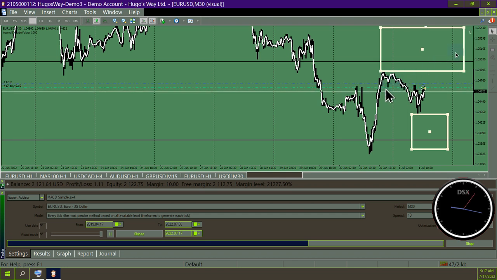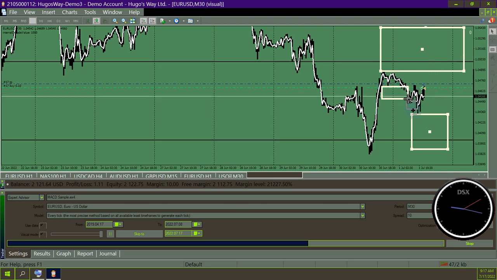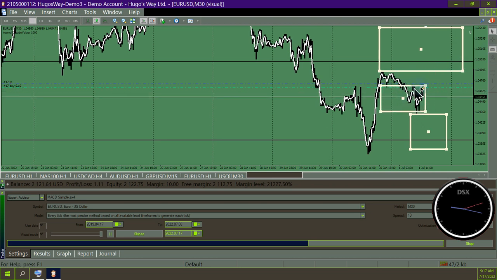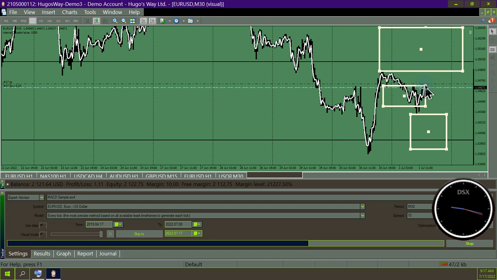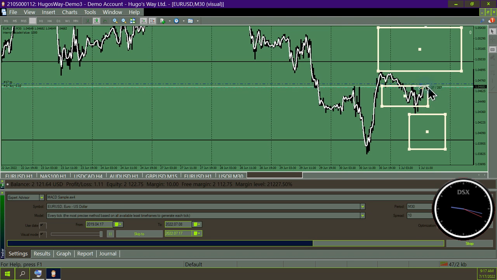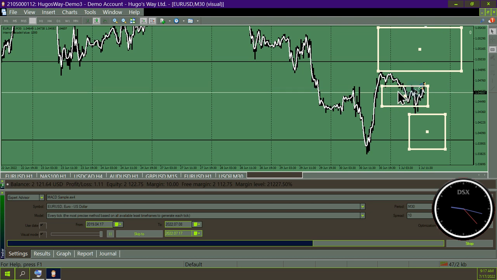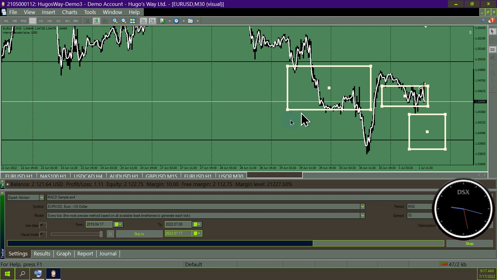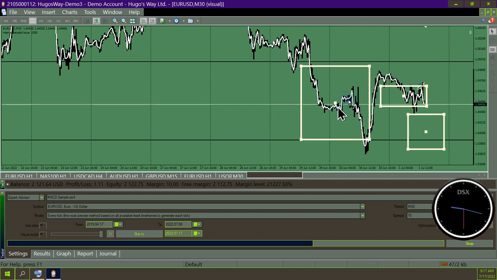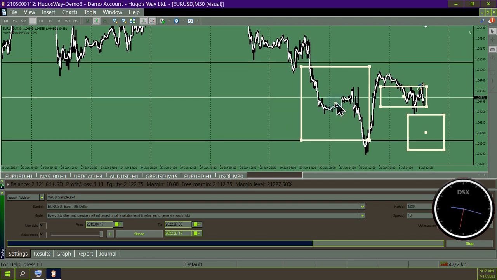Because if you didn't buy this plunge, if you didn't buy this area to scalp those little banger trades. But see, these are just short scalps, you know. I mean, these are like 10, 15 pips. It's 100 pips from here to here. So these are just maybe